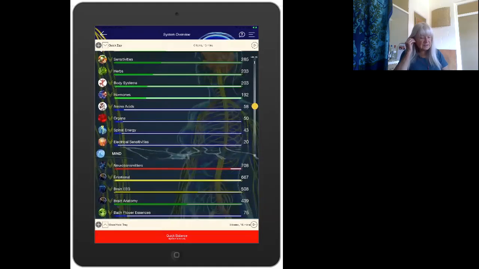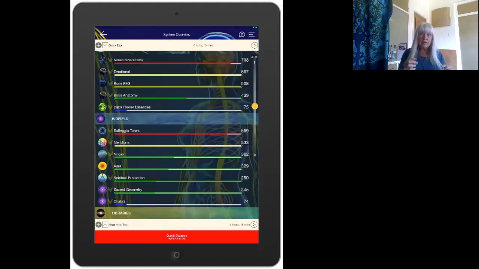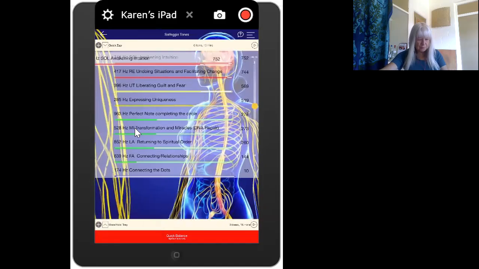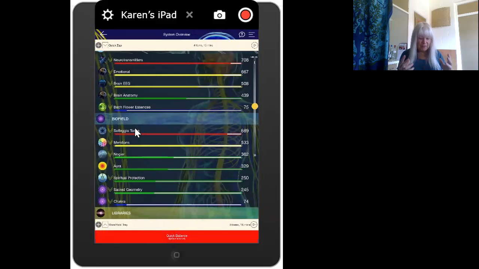This is what I tend to do when I'm working with a client when they're physically with me. I'll just go through that first. I tend to go into the Sophiegos, and I will drag up the top two into the quick zap tray. What I found with this is it really helps the client to connect to the actual biofeedback, and so often they can feel this. So this obviously isn't for you if you're doing a remote session,